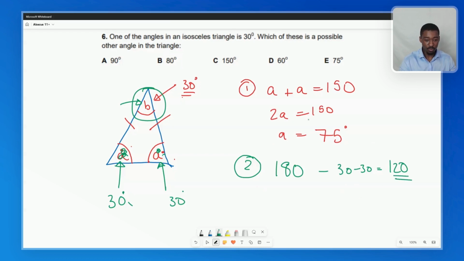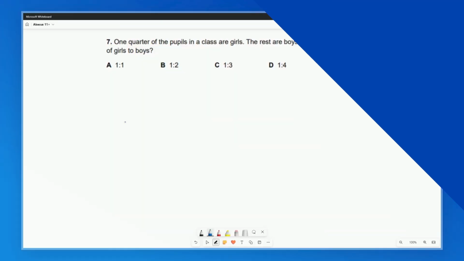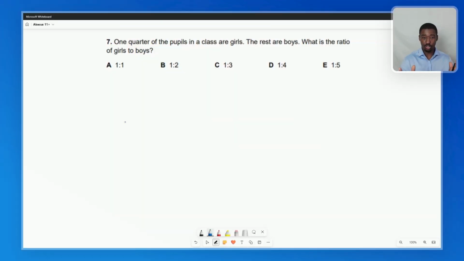So from scenario 1, we have 75. From scenario 2, we have 120. So now let's look at our answer choices, and we see that E has to be our correct answer, 75 degrees, based on scenario 1. Okay, so here we have a question that shouldn't be too hard if you understand your